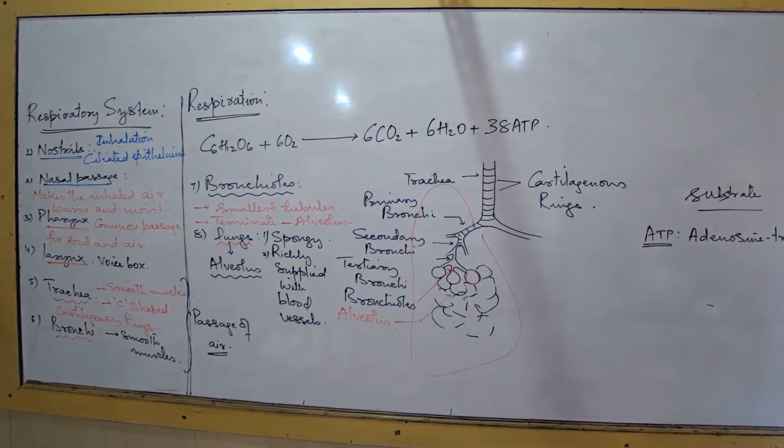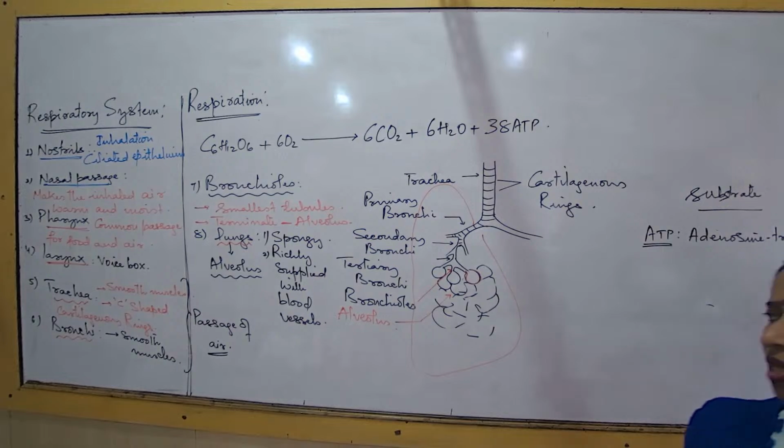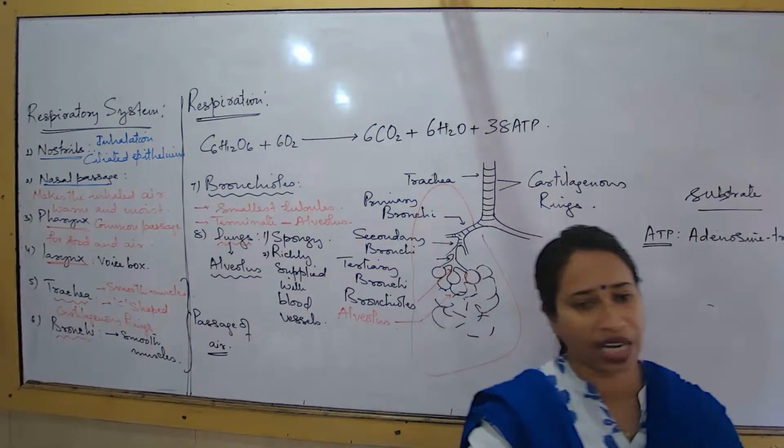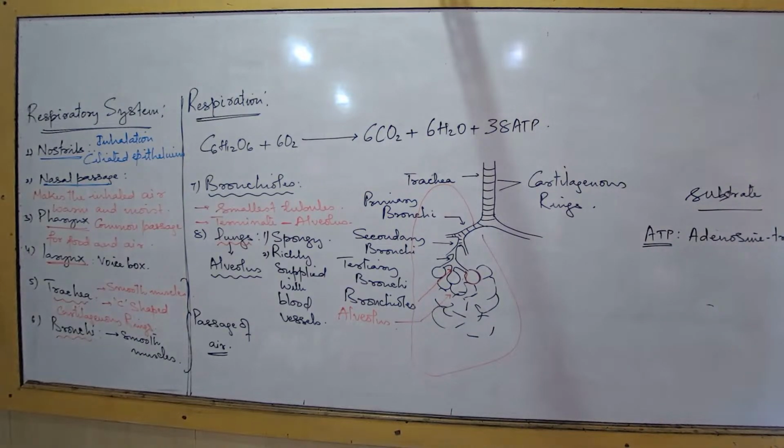What is the basic color of the lungs generally understood? Dark pinkish, because of the profuse supply of blood vessels there. Now we try understanding the structural and functional unit of the lungs. What is the structural and functional unit of the lungs? The structural and functional unit of the lungs is known as the alveolus. Write down that